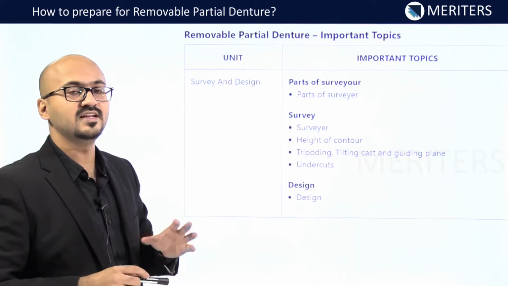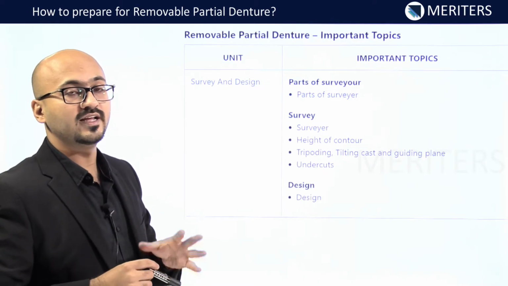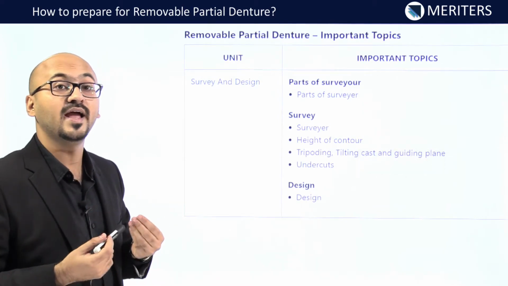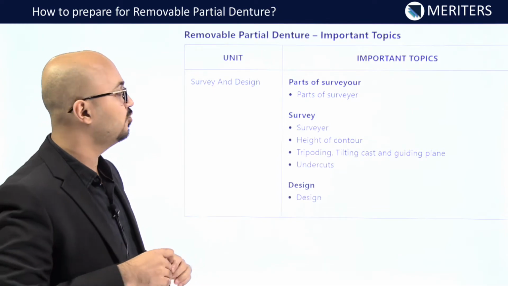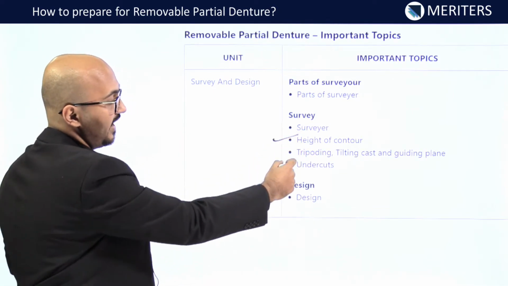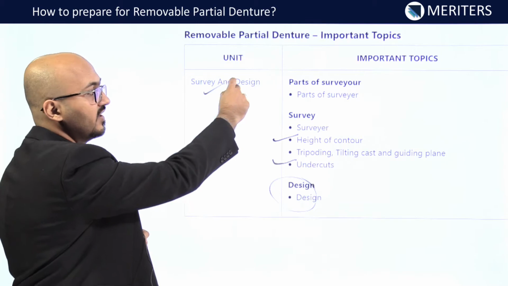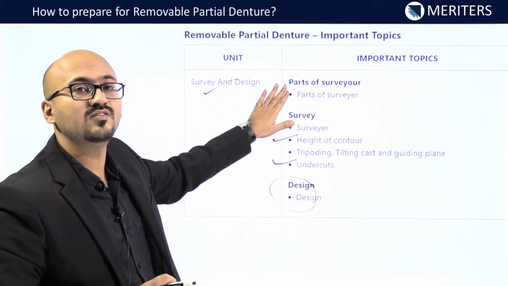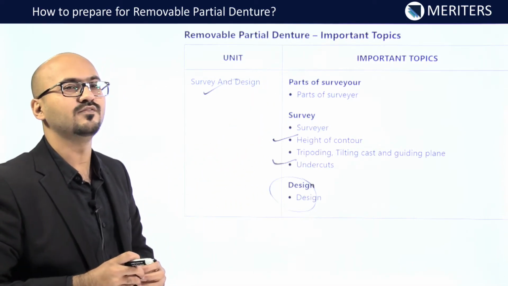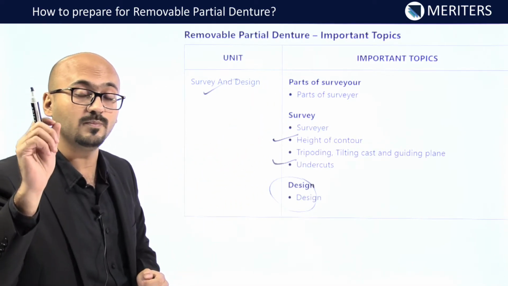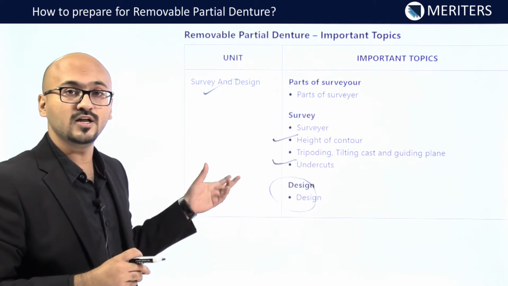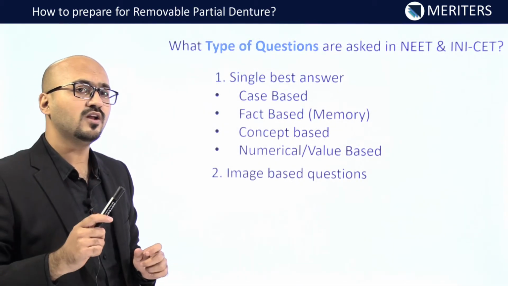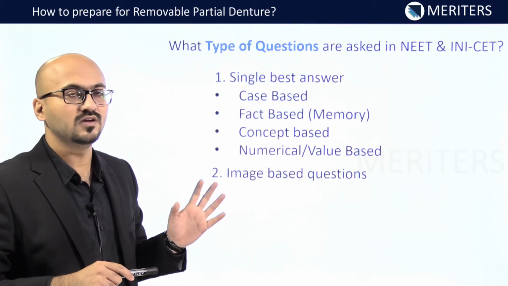Then comes surveyor and surveying. Surveying is an important clinical step and laboratory step that has to be done for cast partial dentures. The importance of it cannot be highlighted enough. It is very important for you to understand the height of contour and the undercuts, and the design with the help of surveying. Ensure that you have gone through the parts of the surveyor adequately, because it's a little confusing to get the parts of the surveyor correct, especially the smaller parts. So go for clinical oriented questions and image based questions. Read McCracken for surveyor.